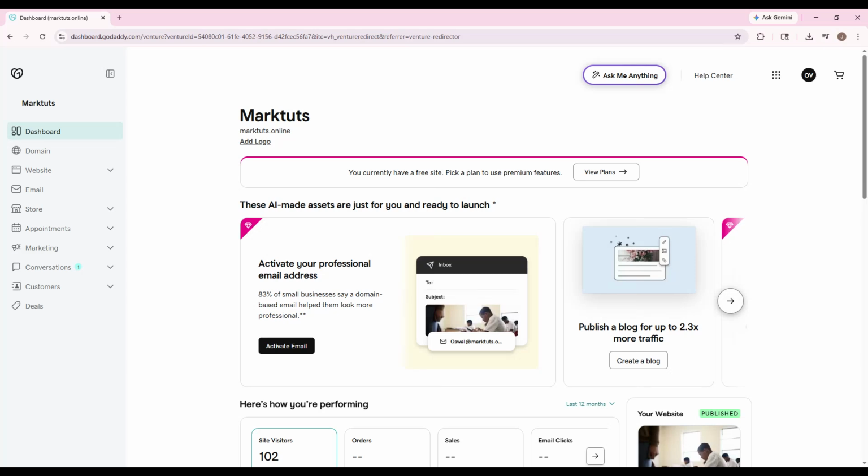If your GoDaddy domain is coming up for renewal or you just want to make sure it stays active, this video will walk you through the full process step by step. I'll show you exactly how to renew your GoDaddy domain, choose the right renewal period, complete checkout, and make sure